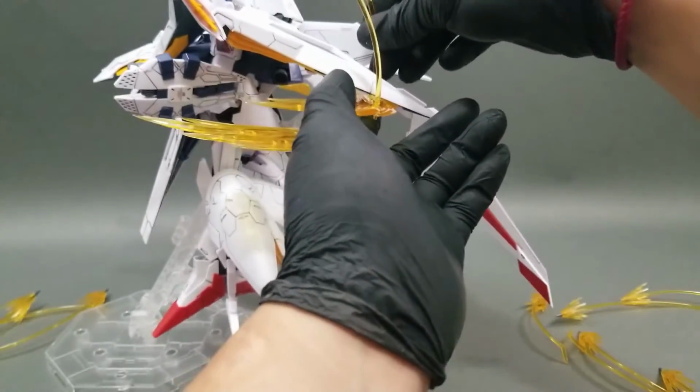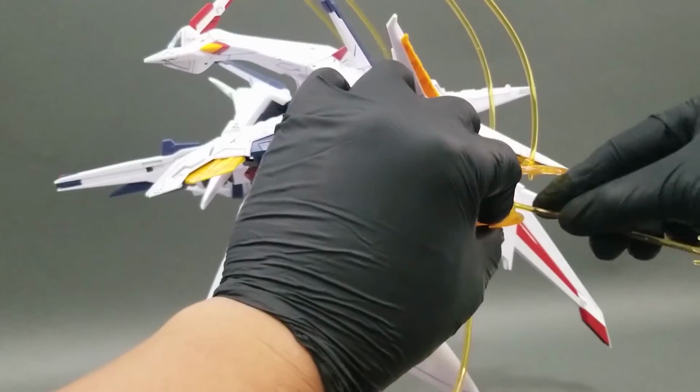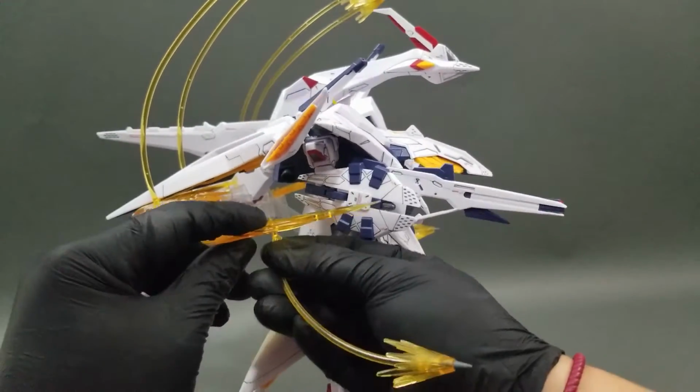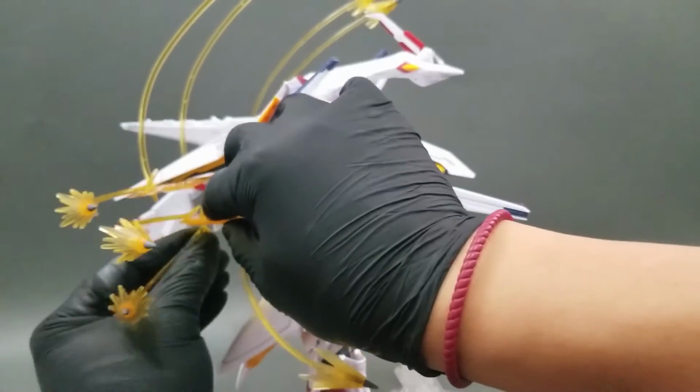Now begin attaching the funnel effect parts. I just follow how the manual tells me to do it. However, there's so many holes. If you want to buy another effect set to add more or just combine it with the Cassie, you can. You could realign or customize it any way you want. And they are also very easy to attach and disassemble. And once you're done with that...